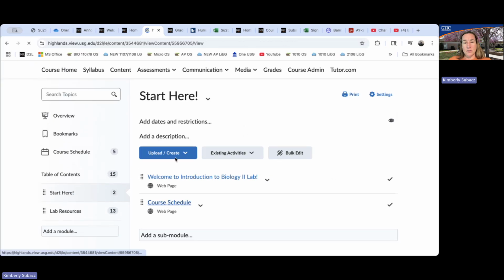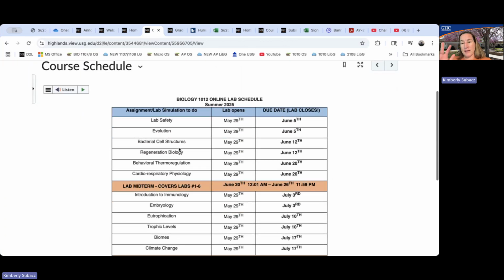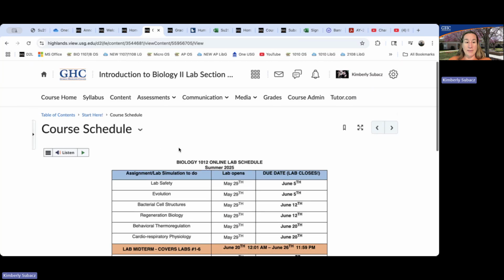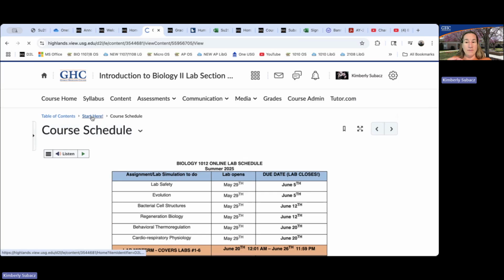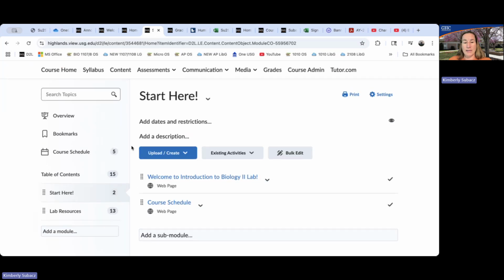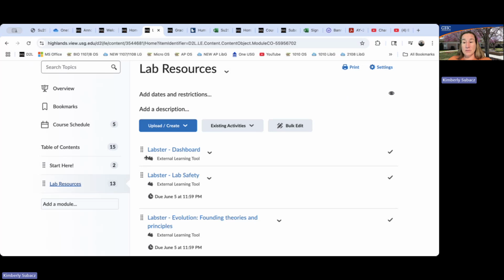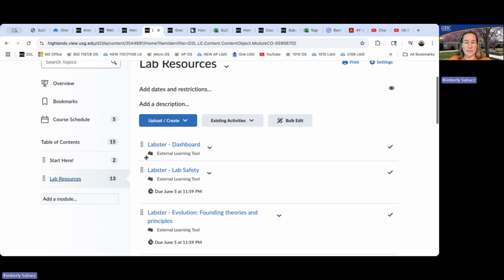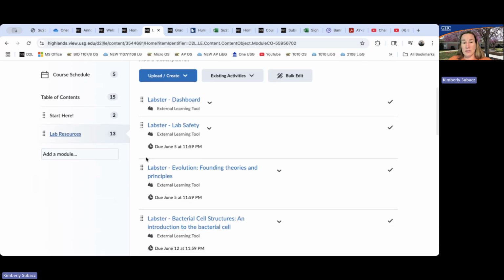And then we've got the course schedule, which you just saw in the syllabus, but I like to have it in multiple places because I told y'all time management is really important. Having everything clear and upfront on day one is the best way to plan and be successful in class. So those are there. And then here are the links for all of the lab exercises. That is the majority of your class grade, 60% is just doing these.